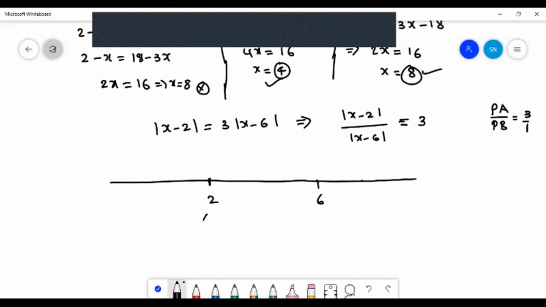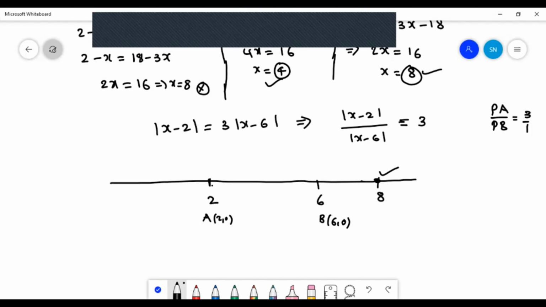So this is A. Of course, you can write it as 2 comma 0, and this is B, 6 comma 0. Now find out a point P on the real line which divides the line segment joining the 2 points A and B in 3:1 ratio. So as it is on the real line, easily we can observe that 8 is a point on the real line. The distance from 2 to 8 is 6 units, and 6 to 8 is 2 units. So the ratio will be 3 units. So this is one such point.